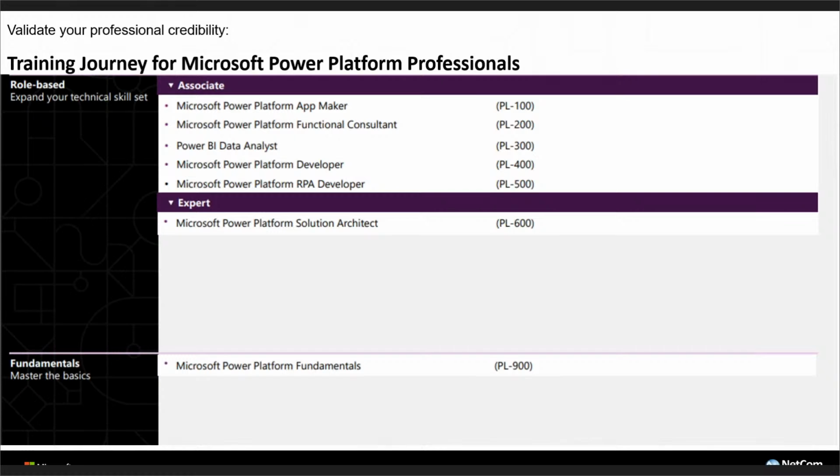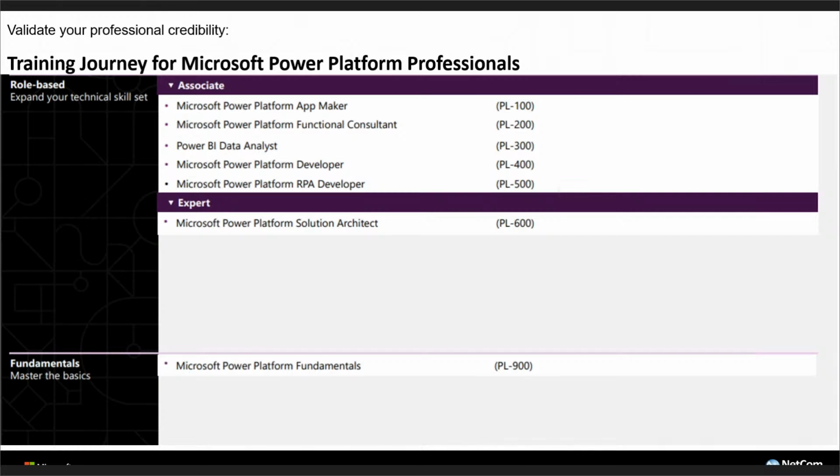All right, these are different courses that you could enroll in. Leela has spoken about it earlier, and Sagnik will cover it. I'm just going to rush through it. There are fundamental courses that you could enroll in, which is the PL 900. You can start from there if you're pretty new to the Power Platform world. But if you are already a beginner and you're just trying to get to know more, you could enroll for any of these courses that you see here, which is PL 100 and PL 200 or PL 400 as well. If you are looking for certification very specific to Power BI, you could go for PL 300. And if you're looking for something specific around robotic process automation, you could go for PL 500.